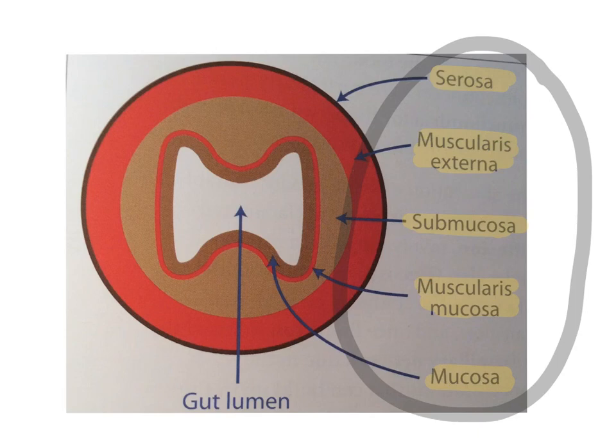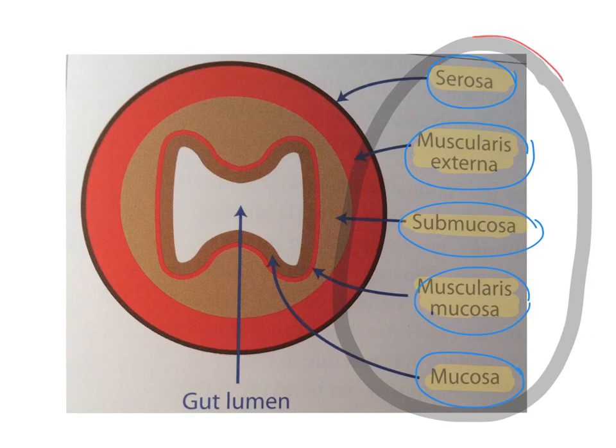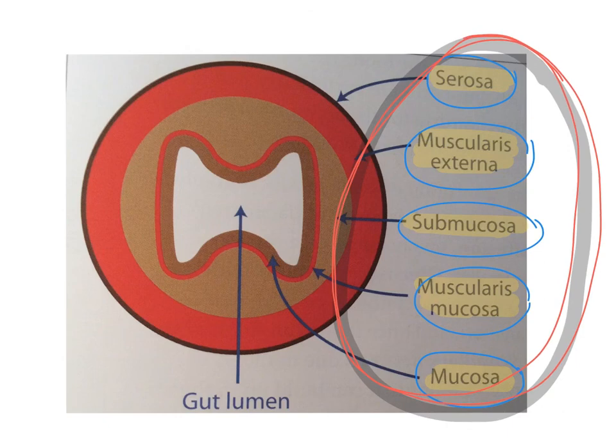Closest to the lumen, we've got the mucosa. So we've talked about that and that. Then we've got quite a thick layer of muscle, the muscularis externa, and then the outer layer, the tough outer layer, is called the serosa. The diagram you've got in your textbook is nothing like it whatsoever, but yet you need to know those tissue layers in the right order. You can't draw a block diagram if you haven't learnt the theory first. So, just to recap,